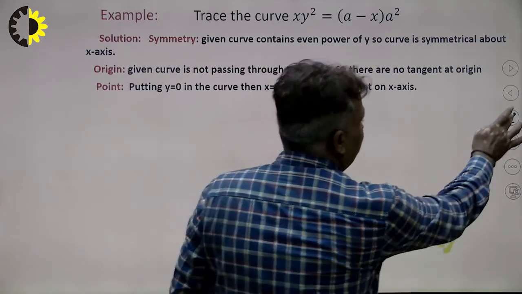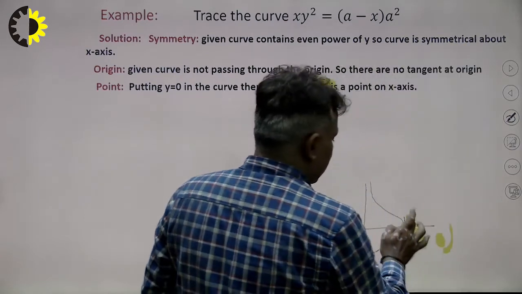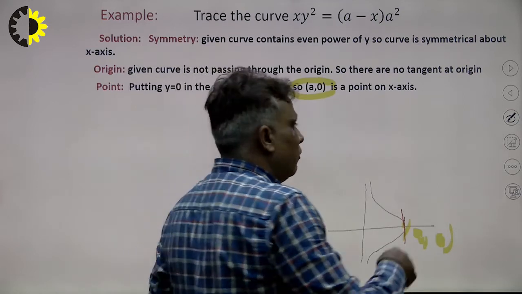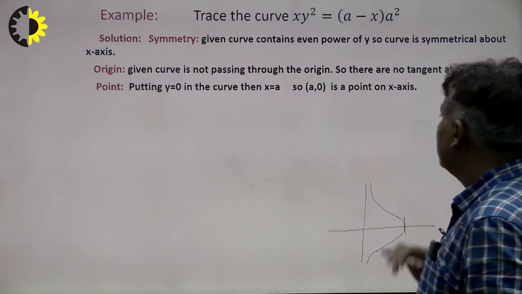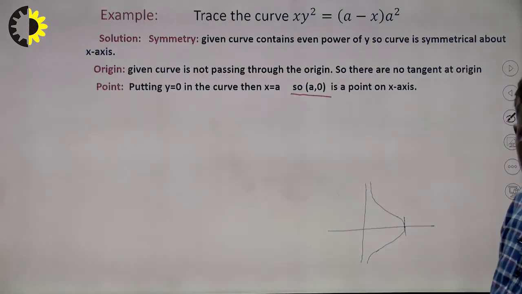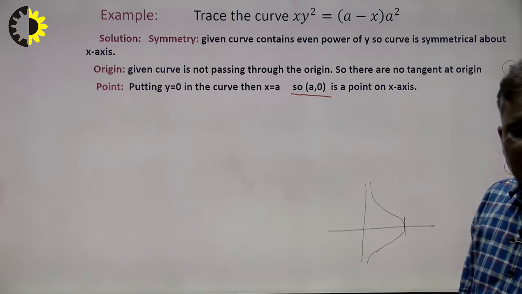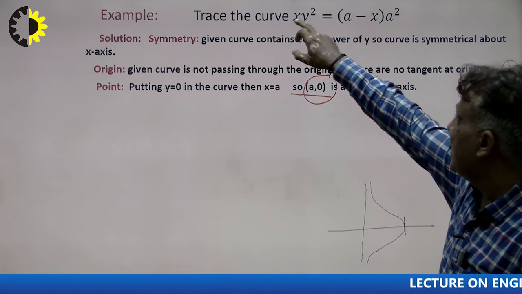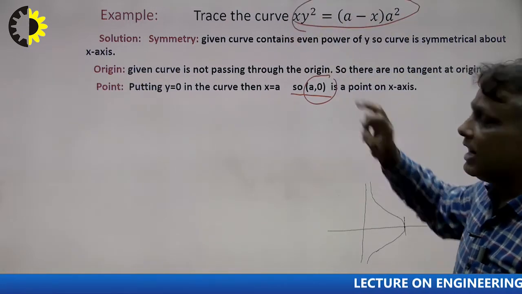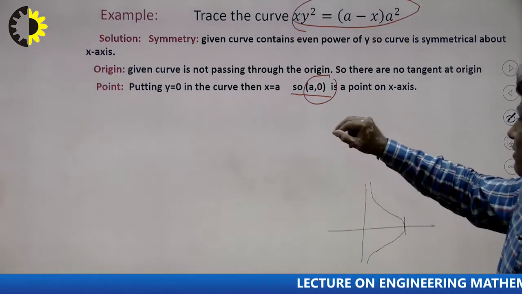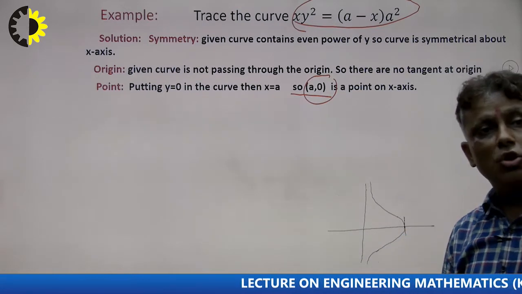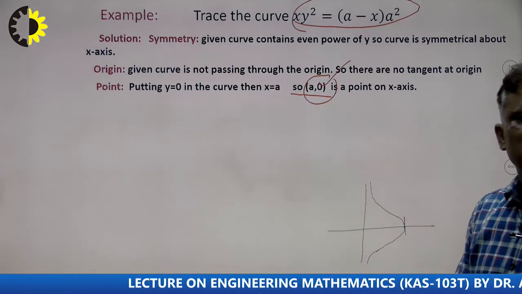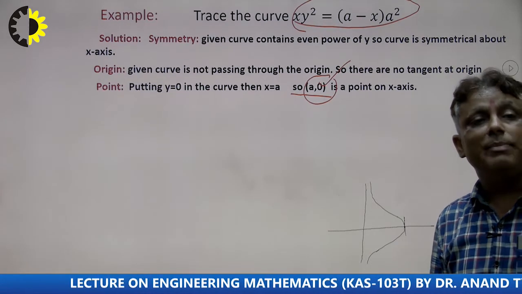And what will be the position of a comma 0 here? This is the tangent at a comma 0. How do we draw the tangent directly with the help of this problem? This is the point, and this will be a comma 0. The curve contains all powers as integers, that means there is no fraction. So the tangent will be which coordinate? Which is 0, and 0 is y. So that means at the position a comma 0, the y axis will be the tangent.